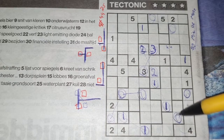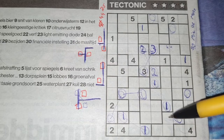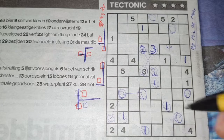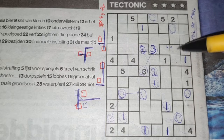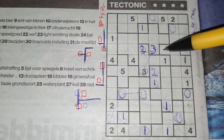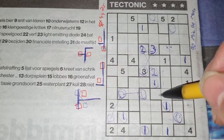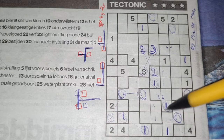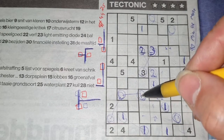These 3 boxes surround a 1, cannot be a 1. That box cannot be a 1, so 1 box left for the 1 should be here. Then let me see, these 2 boxes cannot be a 2, so the 2 could be here, could be there. These 2 boxes cannot be a 1, those 2 boxes cannot be a 1, so the 1 could be here,